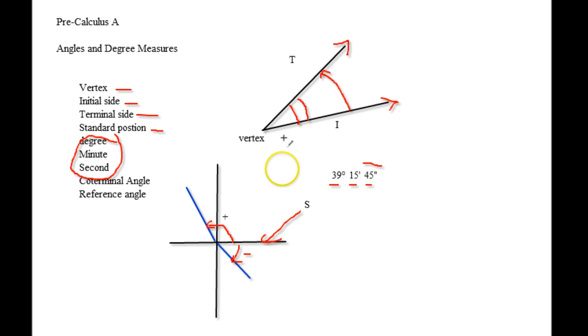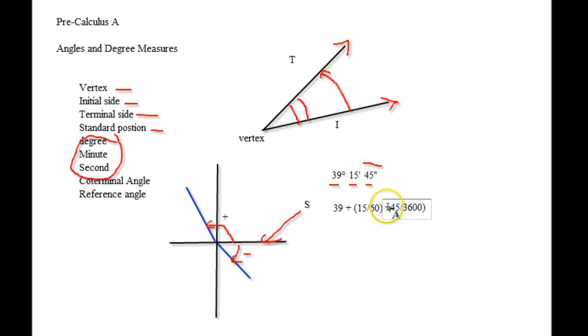I treat it as the addition of a couple of fractions. So 39 is going to be my whole number, and I'm going to add it with the first decimal, which is going to be 15 divided by 60. And yes, there are 60 minutes to a degree. Then I'm going to add 45 divided by